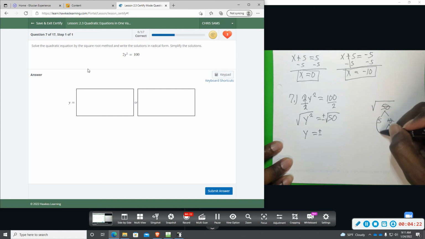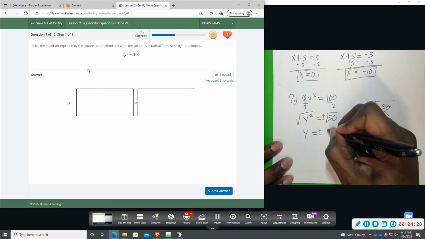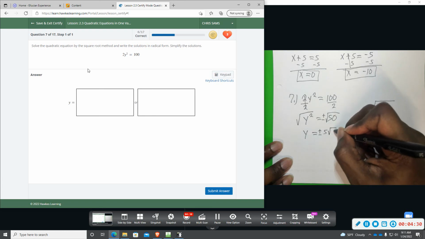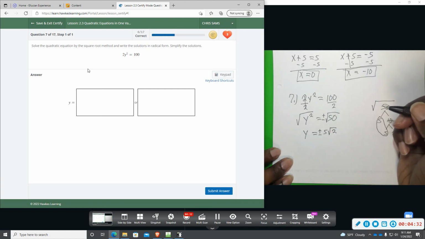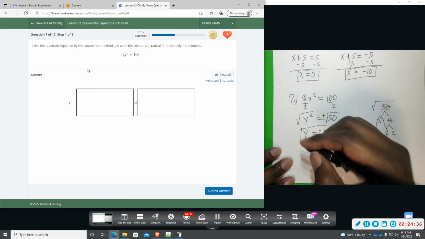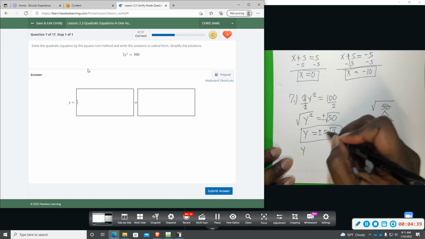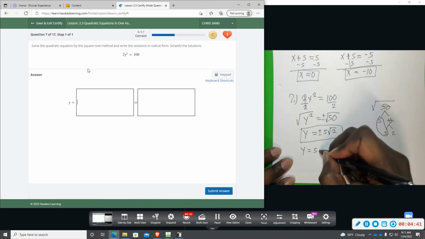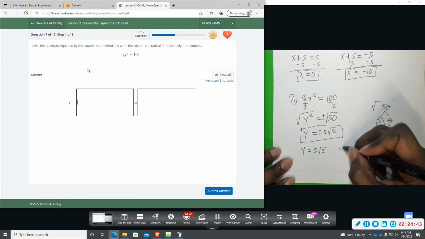So we got a pair of 5s that we can bring out, and the 2 does not have a pair, so it has to stay. So we have a 5 square root of 2, and that will be our two answers. Okay. Positive 5 square root of 2, and then negative